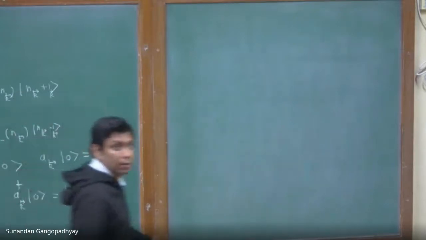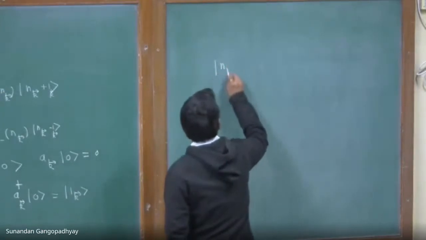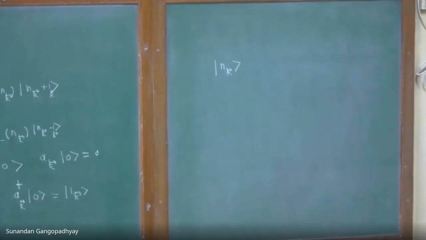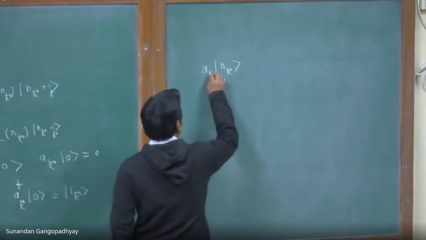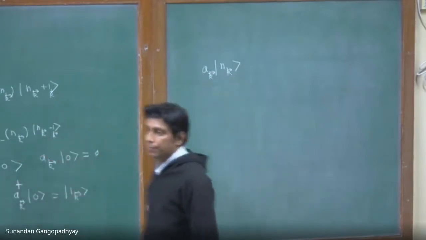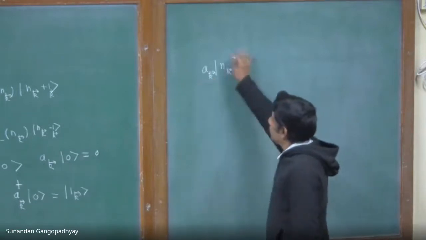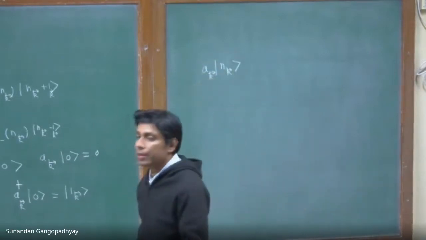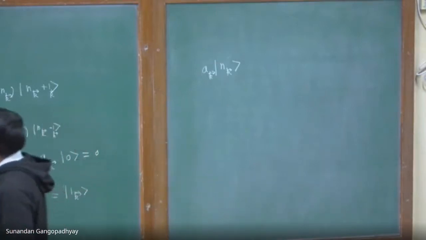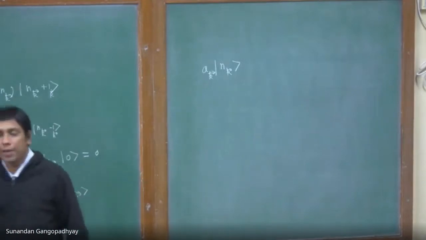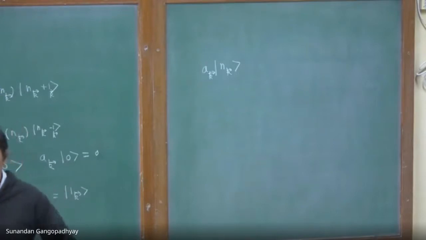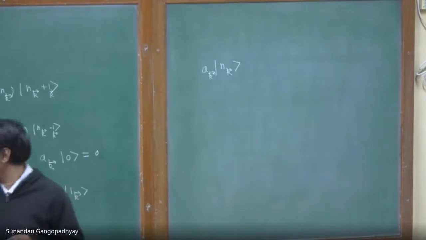All the states that you have, so this is a number state, and then you can act on it with some a_k. So this is a state with one particle less of momentum k. So this is once again a state in the Hilbert space. So there can be infinitely many states in the Hilbert space of this form, |n_k>. You can have |n_k - 1>. The vacuum state is obviously a very important state. It is a state which contains no particles, therefore it is a state of minimum energy, the vacuum state.